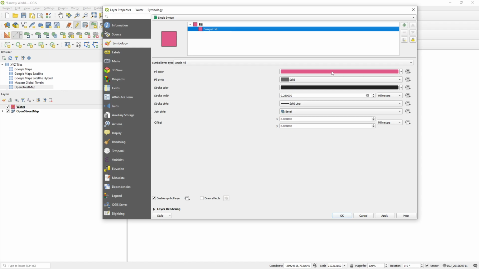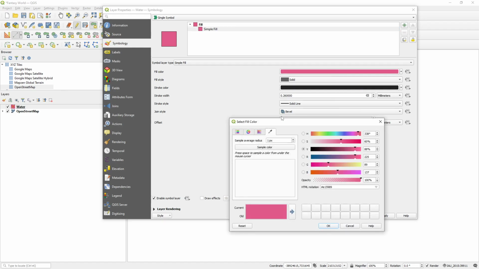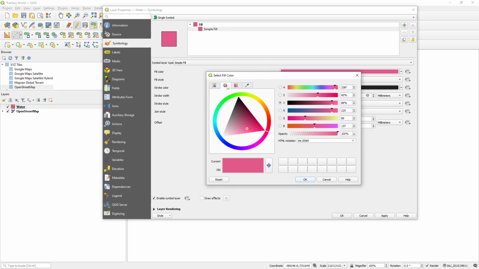And in the fill color, you click this. And you should probably be open at one of these windows, but I urge you to click on this one, the eyedropper, if you have used Photoshop at least for 5 seconds, or MS Paint. You click sample color, and it can sample color from whatever